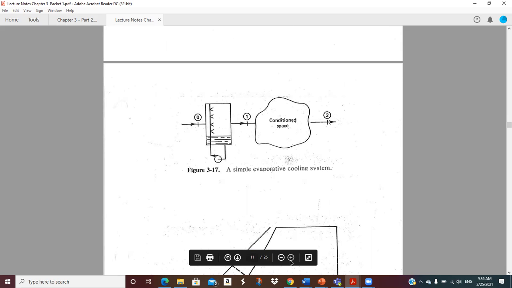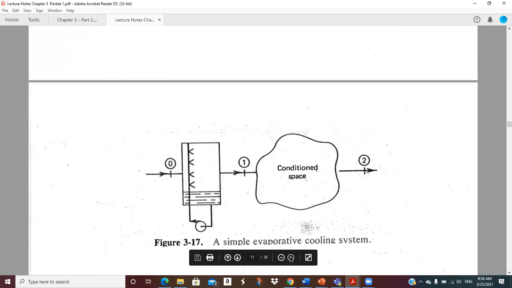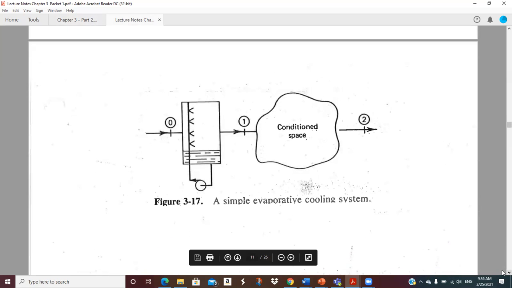So there is our adiabatic spray chamber, i.e. a swamp cooler. We're coming in at 0, which is whatever you've got outside. The outside air is coming in, and there's got to be a fan. I didn't draw the diagram, but that air is not going to move by itself, so we have to have a fan in there someplace, which he's not showing. But anyway, we've got a fan sucking outside air into this adiabatic spray chamber.